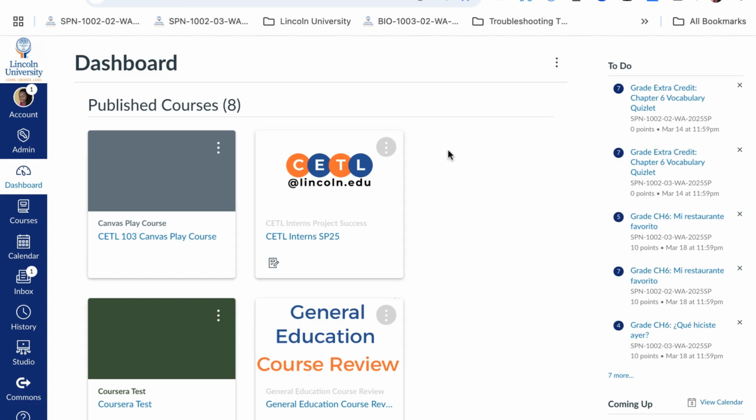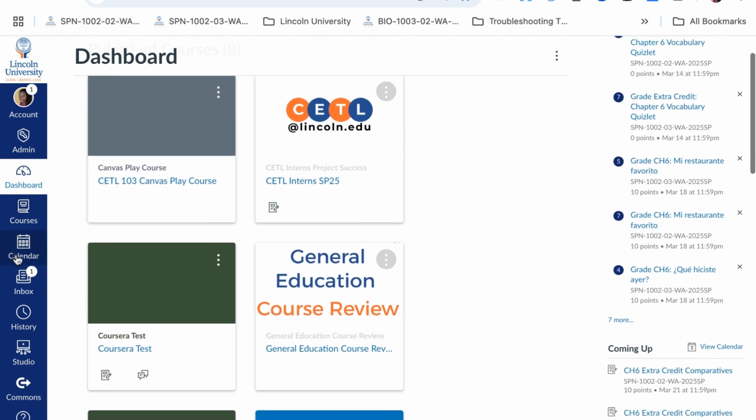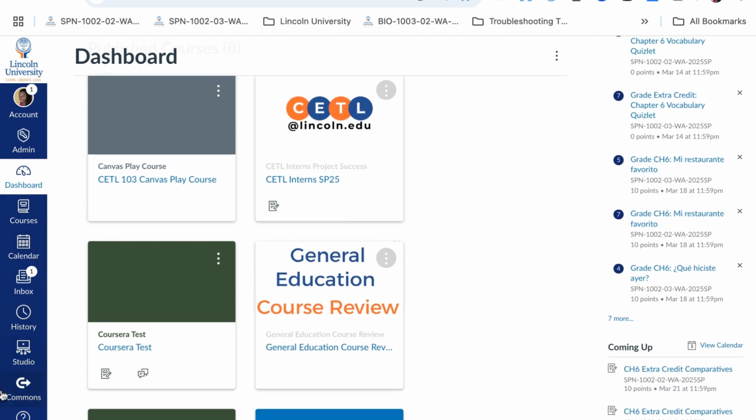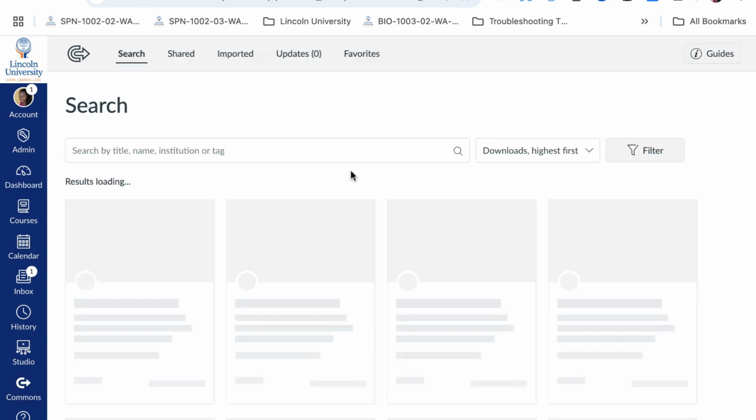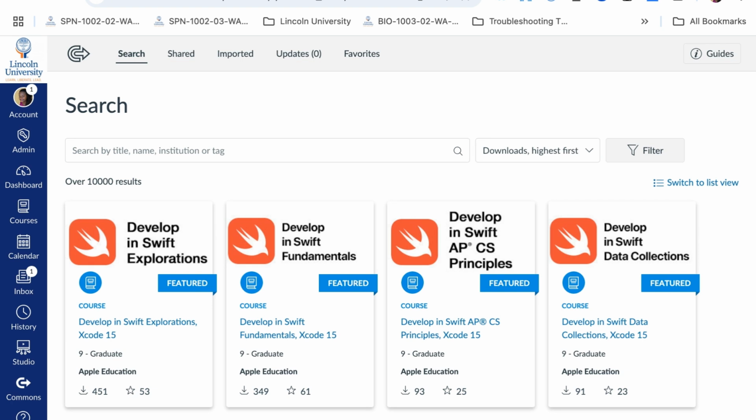The first thing we're going to do is go to the Canvas dashboard, and in the global navigation in dark blue here, you're going to click on Commons. It looks like a C with an arrow going to the right. Click there. It's going to take us to the Canvas Commons, and I have a Canvas